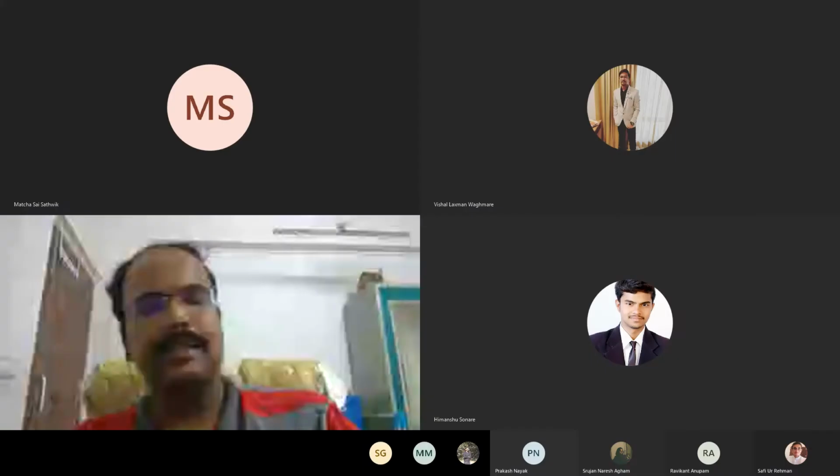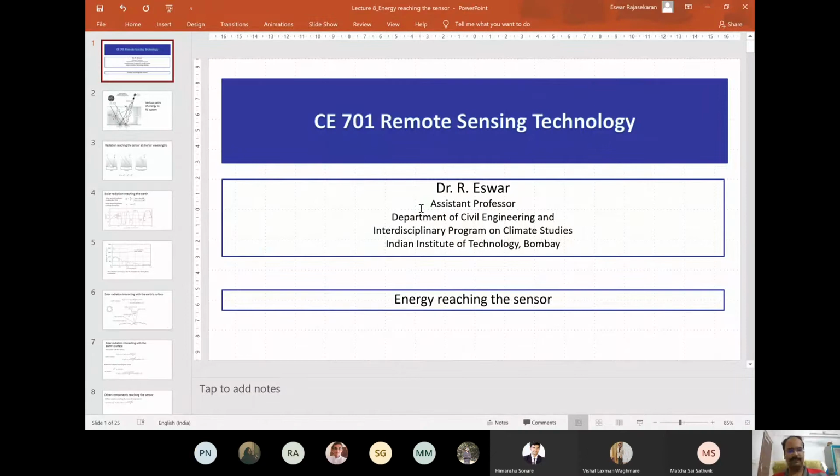Okay, last class we started the topic of energy reaching the sensor, like what happens to the energy that reaches the surface. Very briefly, before that, we saw how energy interacts with terrain. It can undergo either reflection or transmittance or absorption. Those things we saw. And reflection can be specular or diffuse. We saw the conditions, the Rayleigh criterion for deciding whether a particular surface will produce specular reflection or diffuse